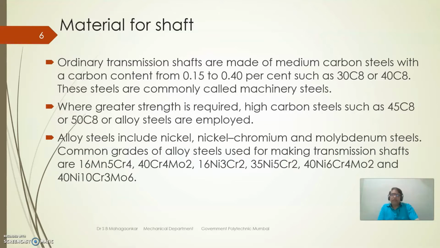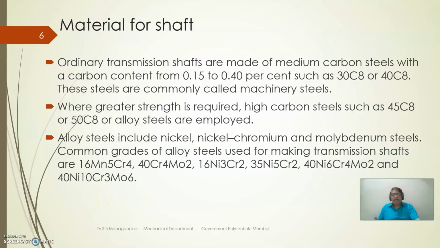So depending upon the application and the requirement, the design engineer should choose the material, right? Suppose you are designing a shaft in an aeroplane. In that case we have to go for a material which has a higher strength to weight ratio. That means the strength should be more and the weight should be less. So that is a higher strength to weight ratio. That ratio should be higher.